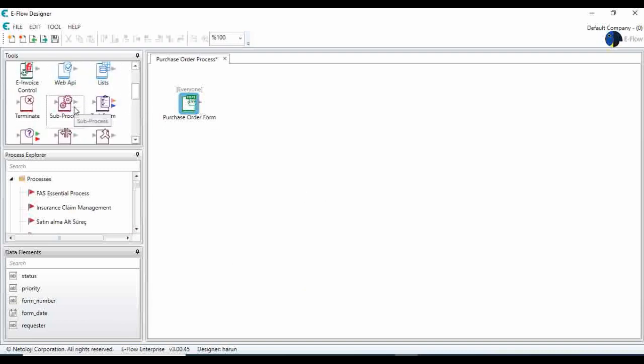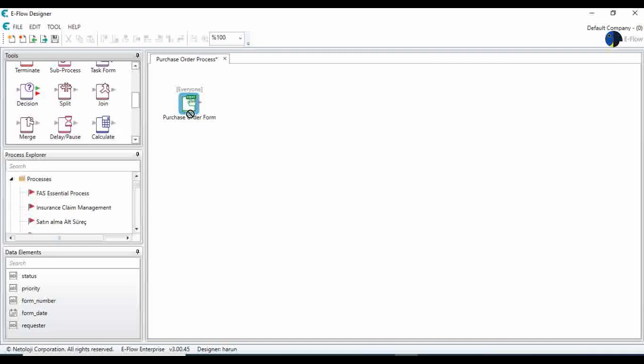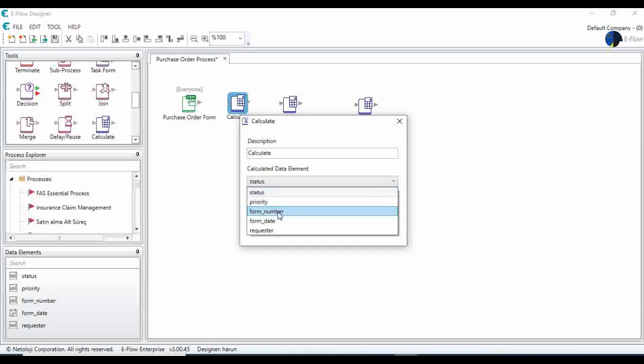And let's just drag and drop three calculate tools, and let's just start setting the